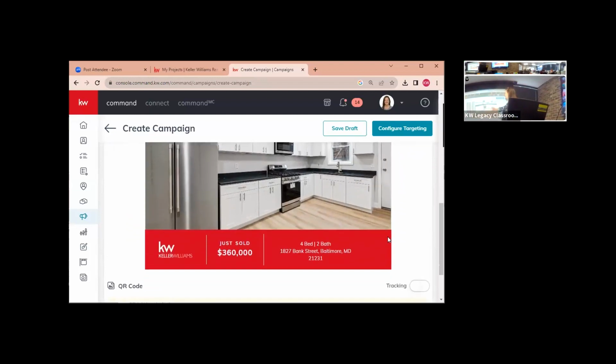As soon as I hit save, look, it's showing me what my postcard looks like. Already you can see this looks pretty good, right? That didn't take very long. It says Keller Williams. It has the price, some details, and the photo I picked. Can I change